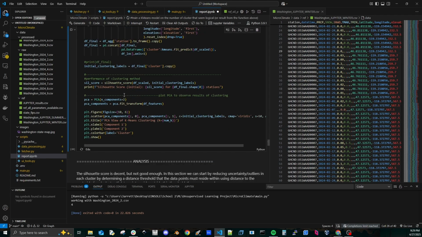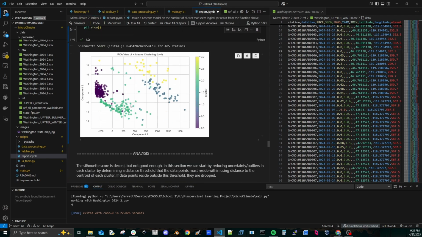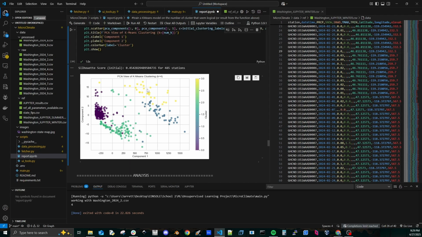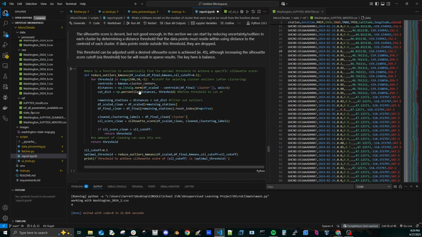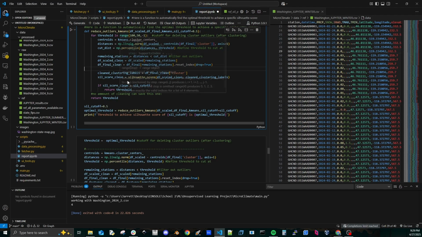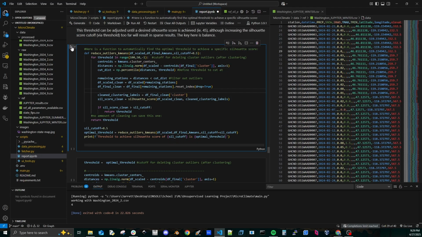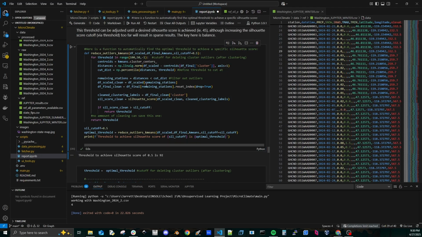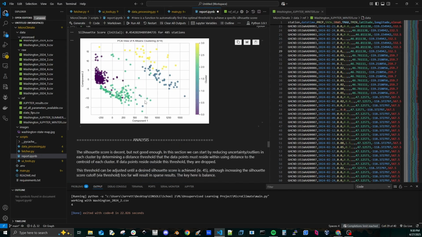Okay, next it's going to use that 4 and create 4 clusters, show us the results. So we can see that some of the data points overlap into other clusters. We got a silhouette score of around 0.45, which is not too bad, but we can always make it a bit better. So I created this function to